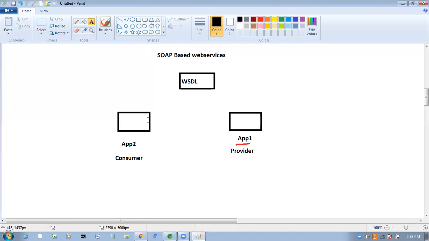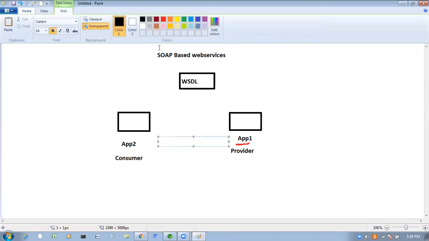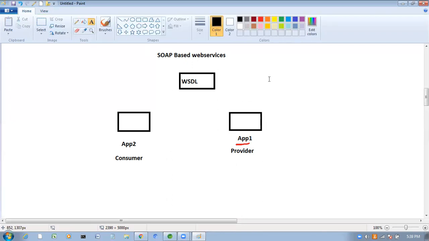Once application 2 gets the details of application 1, application 2 can send the request to application 1. Observe carefully: application 1 provides the services through this WSDL file, application 2 gets those details, and then it can send the request to application 1.